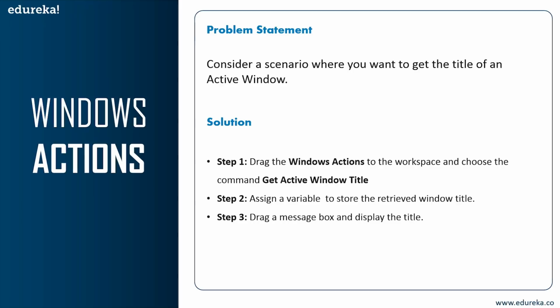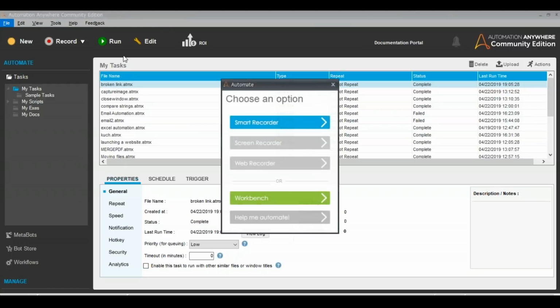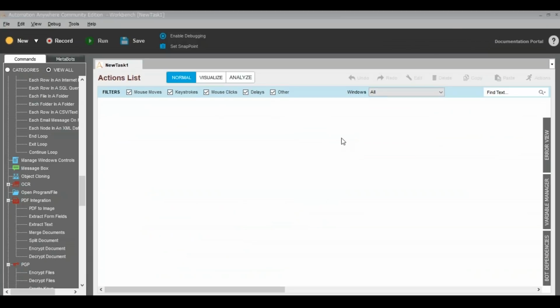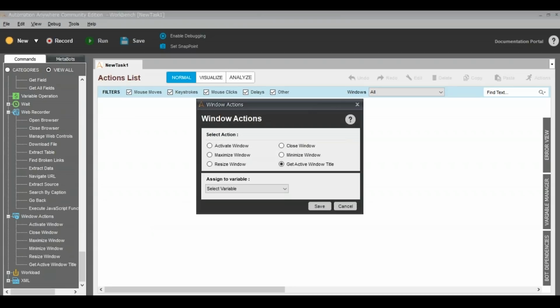So let's get started. So I'll just open my Automation Anywhere client. So this is my Automation Anywhere client. Now what I'm going to do is I'm going to go to the option New, and then I'm going to choose Workbench. And now what we're going to do is we're going to get the active window title. So for that, you have to first search for Windows Actions. Choose the option of get active window title, drag and drop it over here. Or what you can do is you can directly drag and drop the Windows Actions, and then you can choose an option from here. So initially I just dragged and dropped the get active window title, so I didn't have